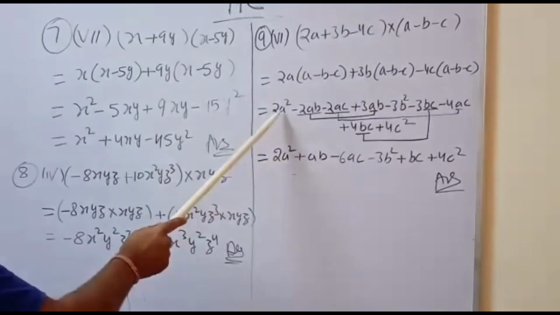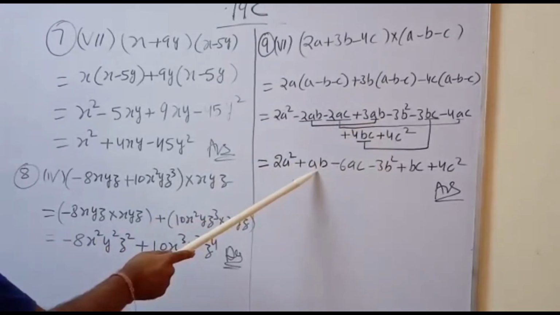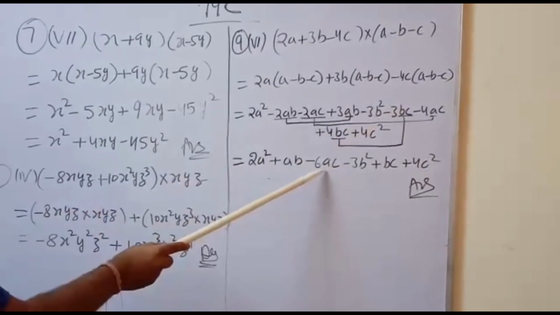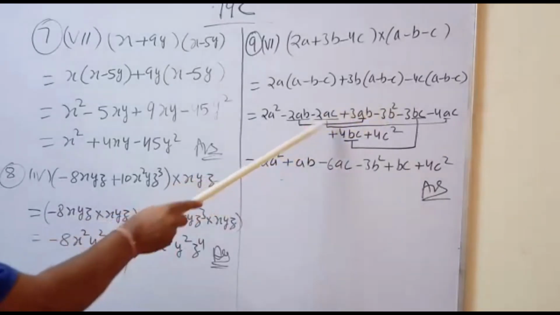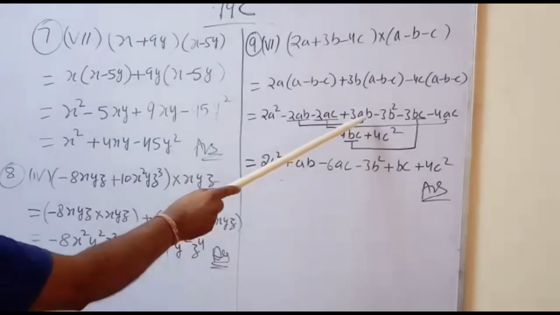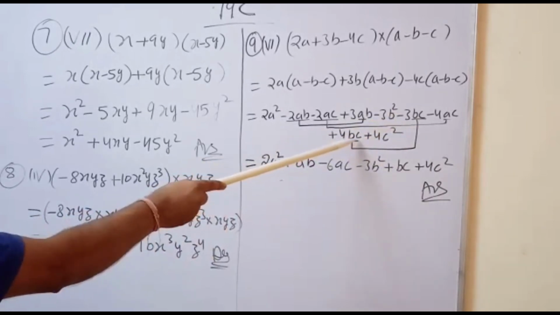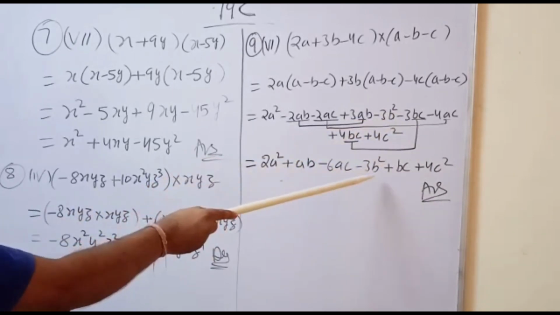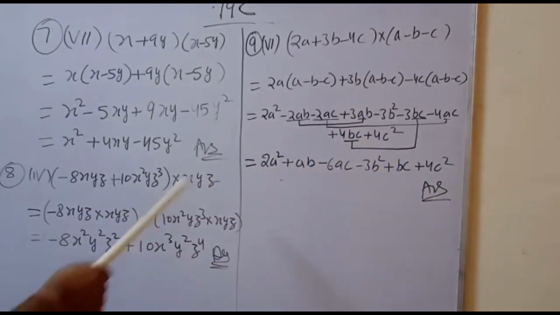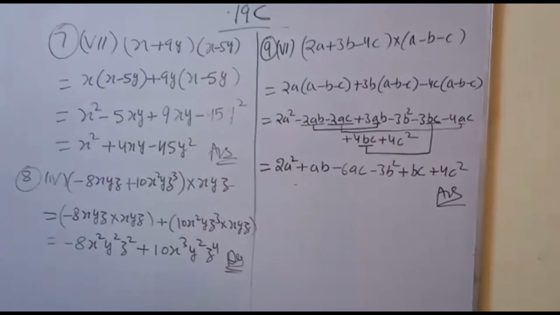Now collect the like terms. So first write 2a square as it is. Minus 2ab and plus 3ab will give the answer plus ab. Minus 2ac and minus 4ac will give the answer minus 6ac, because both terms are negative, we add them together with the negative sign. Now we are having the plus 3ab. We have done already. Minus 3b square as it is. Now minus 3bc and plus 4bc. One positive, one negative. So the positive term is greater, so we will write plus bc, and then the last, 4c square. So we get the answer of 9th, 6th part. So in that manner you will do the other sums of exercise 19C.